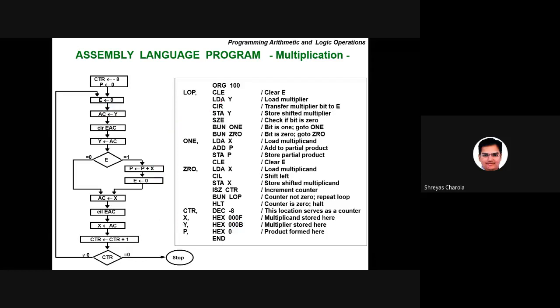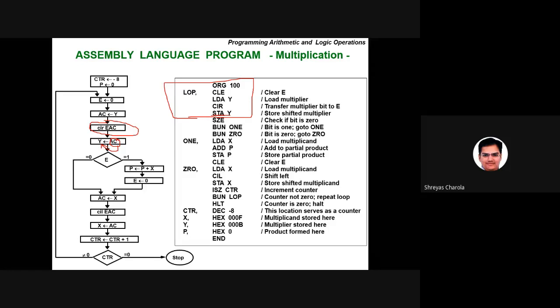Okay. Now, I need to do the circular right shift here, CIR. That is a circular right shift. And again, after shifting, I need to store the data into Y, again STA. Till this, everyone is clear? Till this, I just rotate one time and then put it again into the Y value. Clear this thing?